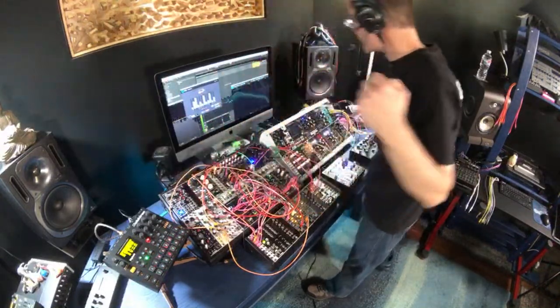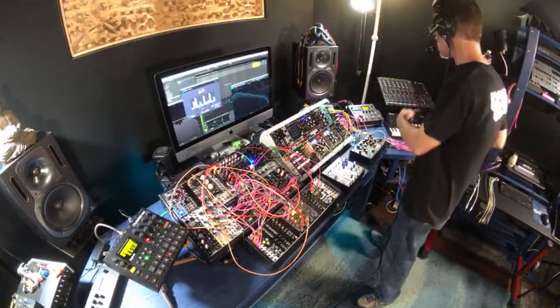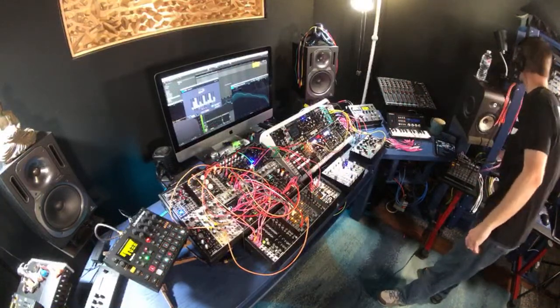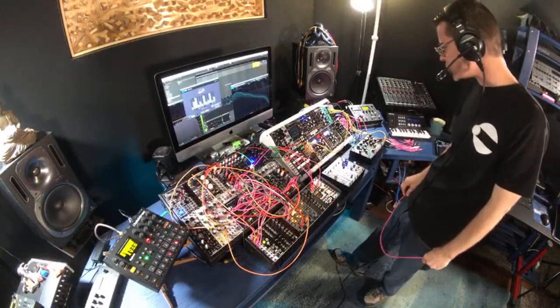Let's create some sort of a rhythmic pattern that's happening on the chords, shall we? Sounds in key to me. Thanks, Tony. So what we'll do...